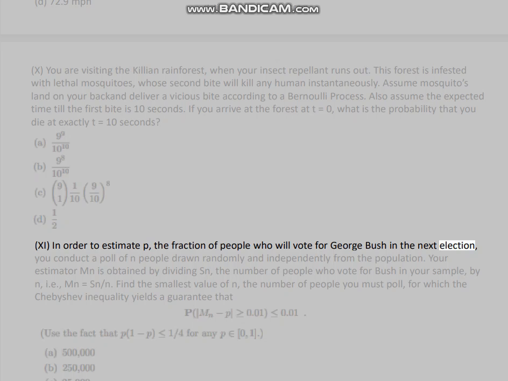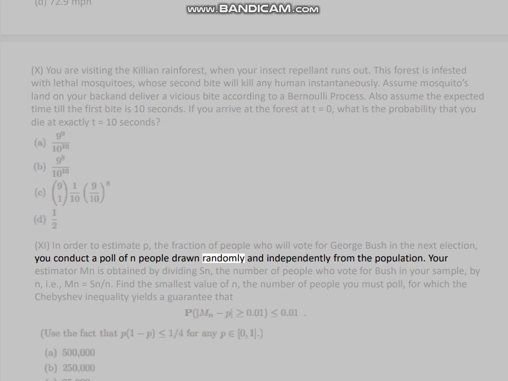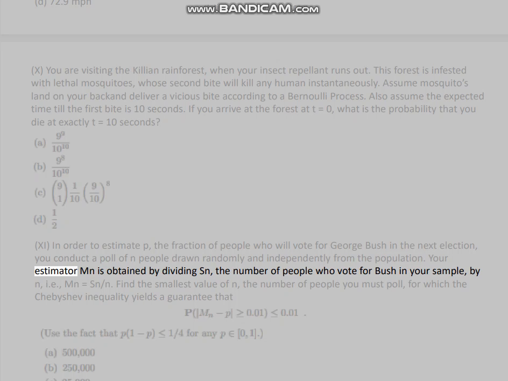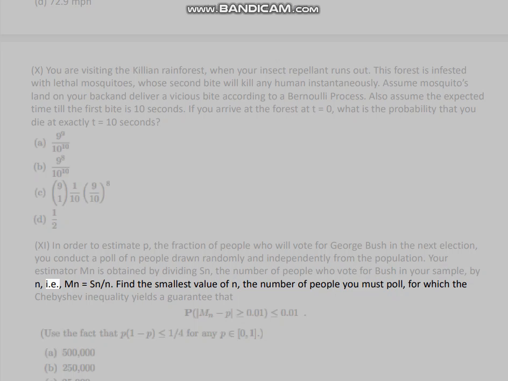11. In order to estimate p, the fraction of people who will vote for George Bush in the next election, you conduct a poll of n people drawn randomly and independently from the population. Your estimator Mn is obtained by dividing Sn, the number of people who vote for Bush in your sample, by n, i.e., Mn = Sn/n. Find the smallest value of n, the number of people you must poll, for which the Chebyshev inequality yields a guarantee that